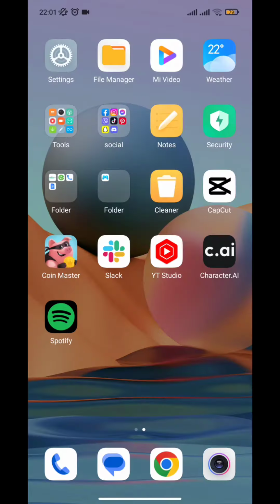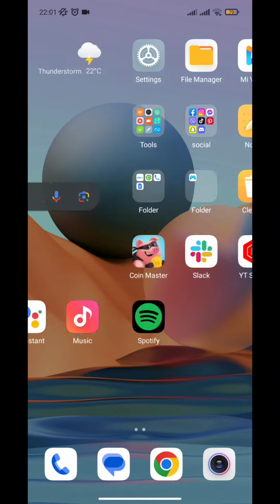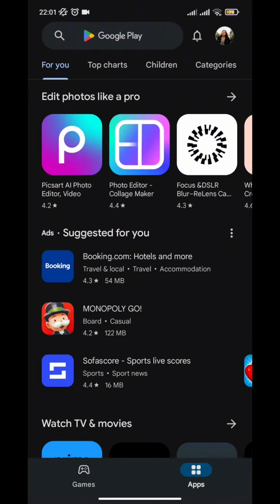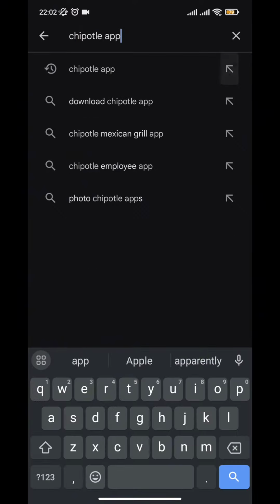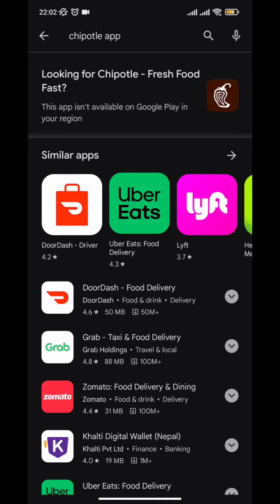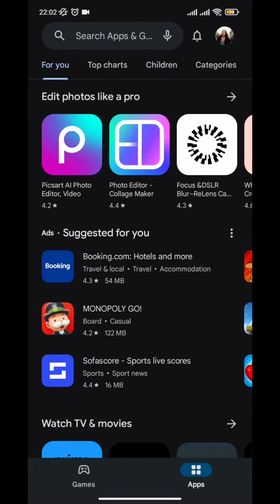So first and foremost, all we gotta do is search for the app on the Play Store. Go on the search button and search for Chipotle app. Once you type it in, you can see that the Chipotle app is not available in our region, so we